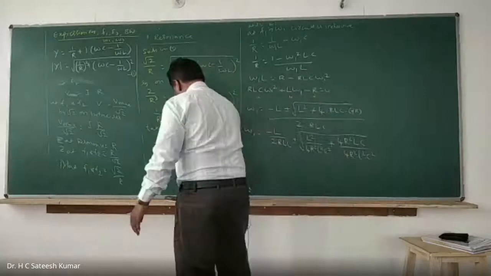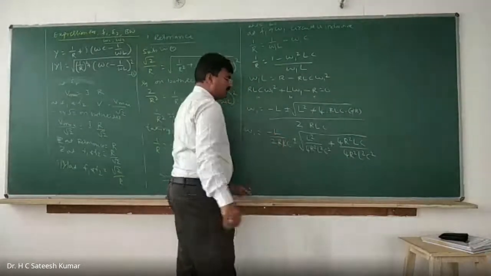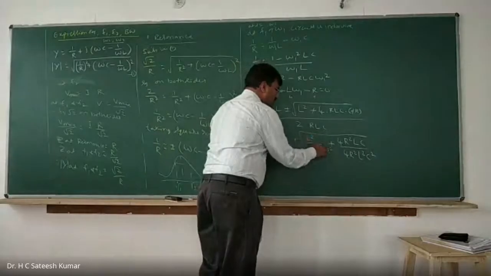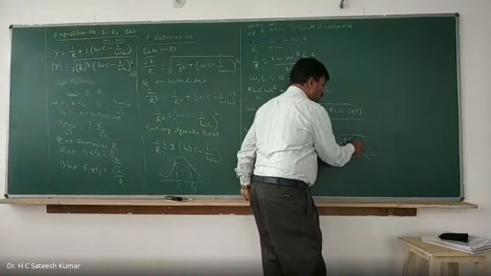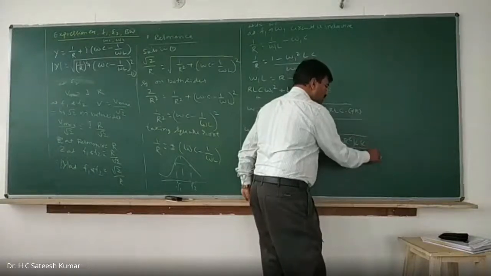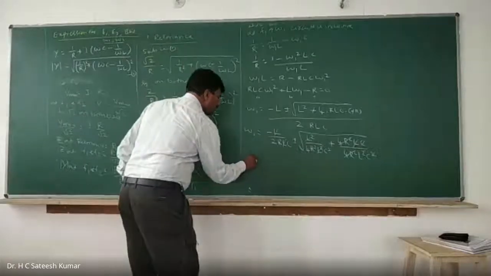If that is the case, then what will happen? L and L get cancelled here. L square gets cancelled here. And in 4R square, 1L gets cancelled, 1C gets cancelled. If that is the case, omega 1 is equal to, what